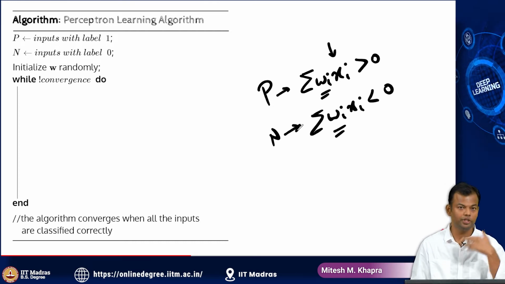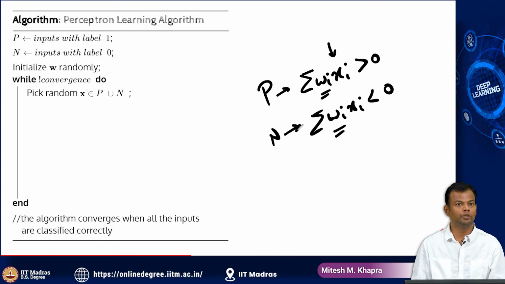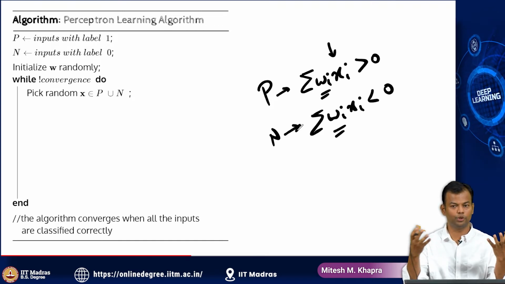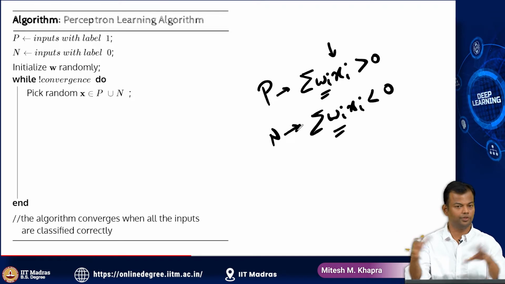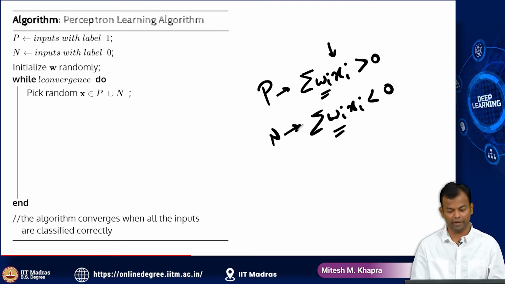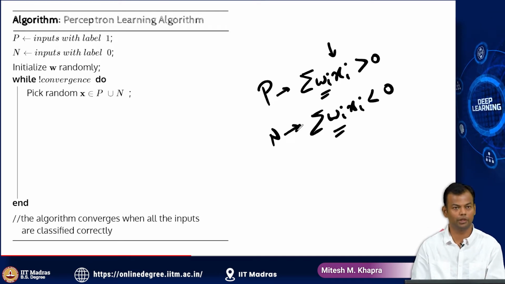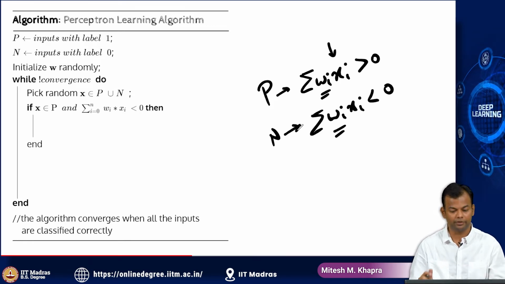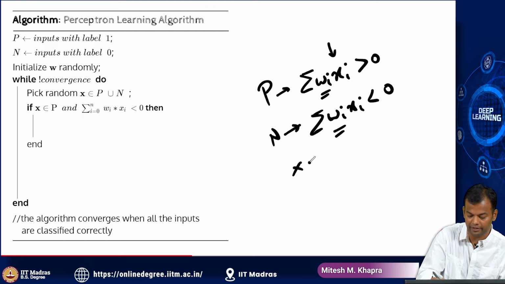So while not convergence, what will I do? Let's see. I'll pick a random point from the given set of points. The given set of points is the union of the positive and the negative points. So I'll just mix all this up and pick a random point from there. I'll call it x, which is the notation we have been using. And now if x belongs to P,